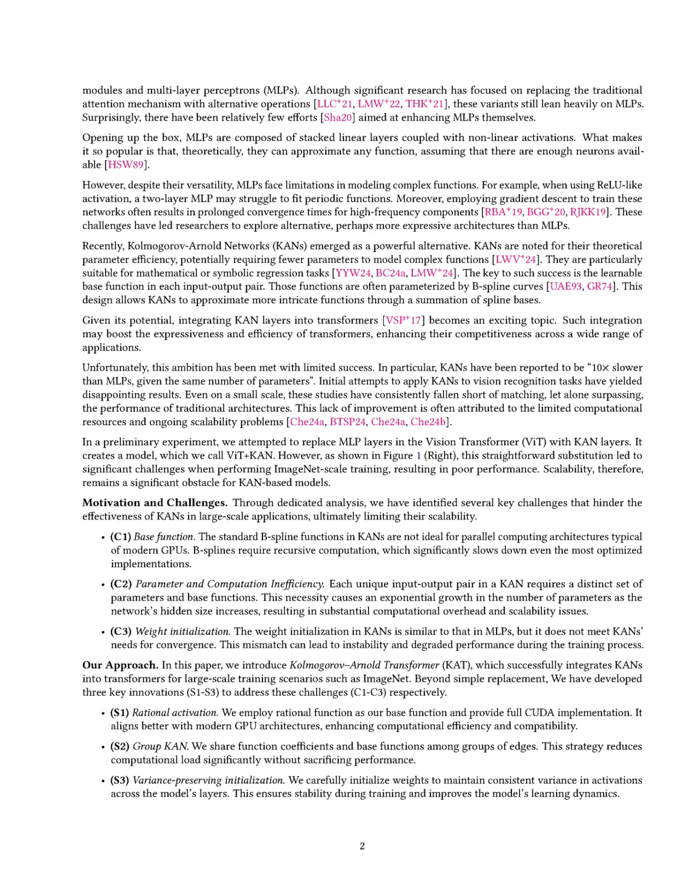Specifically, CAT addresses three major challenges: the inefficiency of B-spline base functions in parallel computing environments, the exponential growth of parameters due to unique input-output pairs in KANs, and the inadequacy of weight initialization that leads to instability during training. By introducing innovations such as rational activation functions, parameter sharing through group KAN, and variance-preserving weight initialization, CAT enhances computational